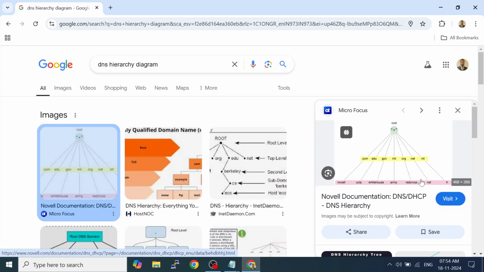What comes with your domain name: .net, .org. Then there is a separate database for .com, .net, .org. So if it finds it is .org, for example, it will forward the request towards the .org database to search. Then there it will search what the second level domain is. Then it will come to know the second level domain is Microsoft. Then it will search in the record of Microsoft what www means.